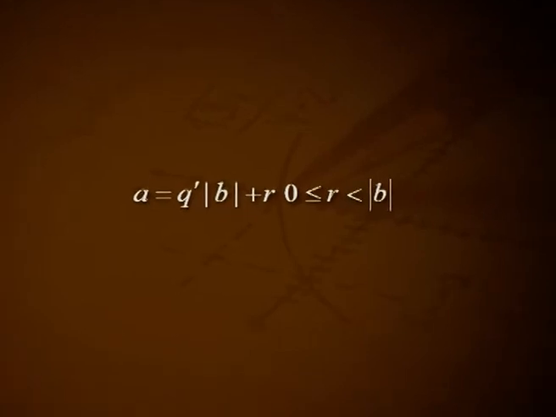The case of b > 0 is treated in Theorem 1. Hence, it is enough to consider the case in which b is negative. Then |b| > 0 and Theorem 1 produces unique integers q' and r, for which a = q'|b| + r, 0 ≤ r < |b|. Noting that |b| = −b and taking q = −q', we obtain a = qb + r with 0 ≤ r < |b|. Example 5. Illustration of corollary.